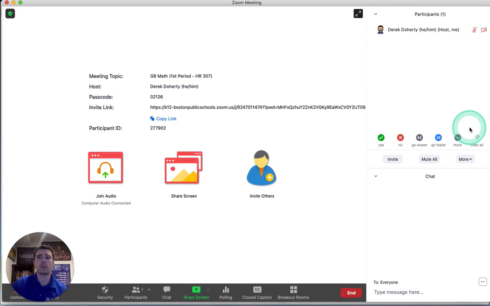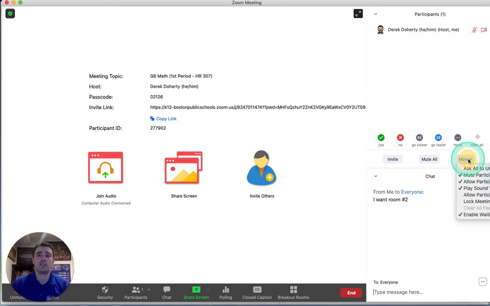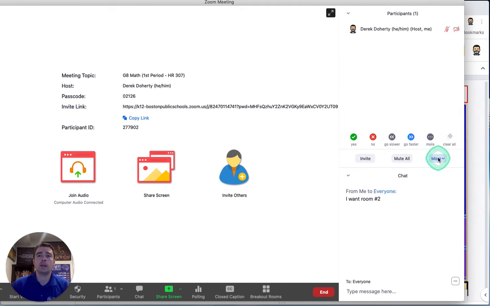In Zoom, for our students, first off, you need to allow them to rename themselves. They could say in the breakout room, I want room number 2, and that's fine, you might see it, but it's even better if they just change their name to put a number in front of it. So right here, in the More button, this is right when I open the participants, I can check off Allow Participants to